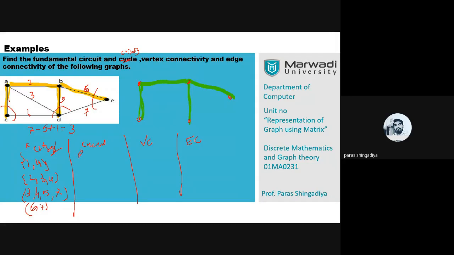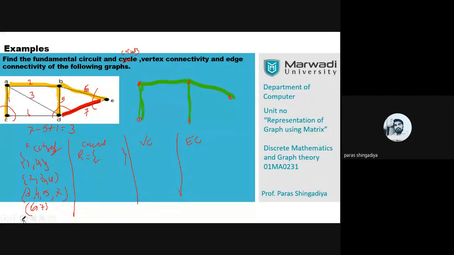Now let us derive the circuit and how we can create a circuit. You find such a closed walk. In this closed walk, check that 1 edge should be the chord and the rest of the edges should be the branches. So I can consider the 5, 6, 7 block, this triangle, which follows one circuit using B to D, D to E, E to B, and which involves 3 edges where 1 is a chord and the remaining 2 are the branches.